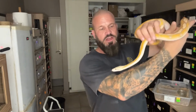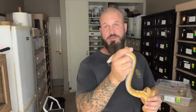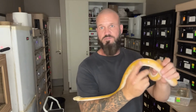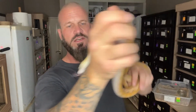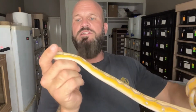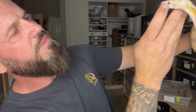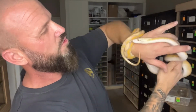So I'm going to pull out another one that looks exactly like her. It's a male. I'm going to pair them together when they're older so that I can try and get visual titaniums. If you want to see how I can tell them apart, it's by 2 distinct marks. Behind her eyes, she's got a stripe. If she'll cooperate with me, which she's not, behind her eyes she's got a straight stripe that goes down towards...